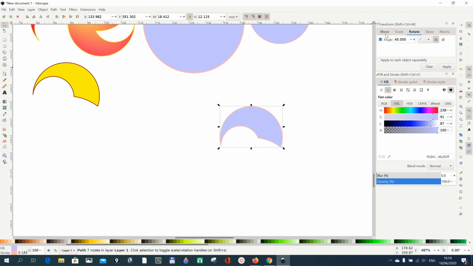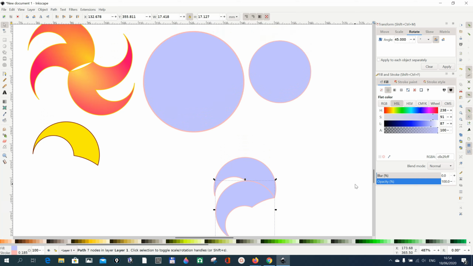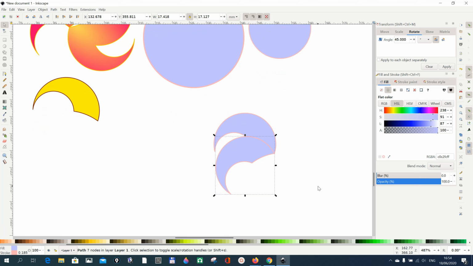When you normally open, maybe it's in move or scale, put it to rotate, and then we want to rotate this 45 degrees counterclockwise. So you choose counterclockwise and then you put apply, and then what you do is that the first one you created, we want to put it like this, sorry. So you place your thing like this because this is what we are going for,